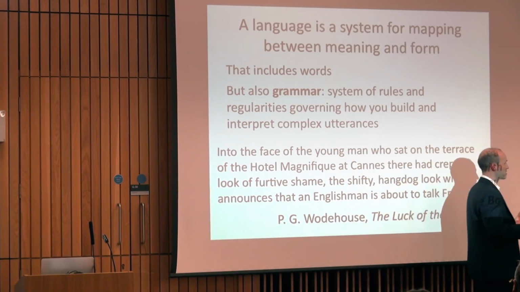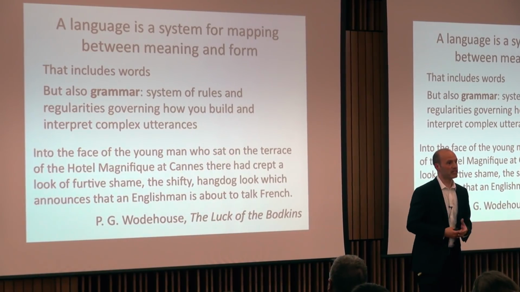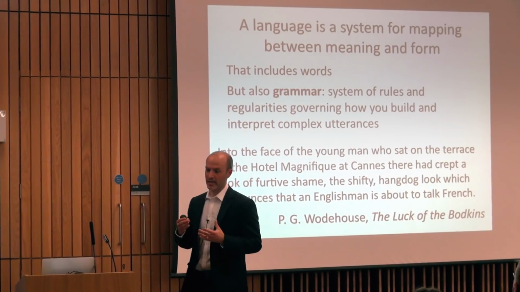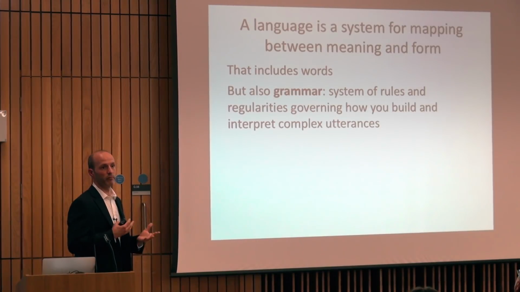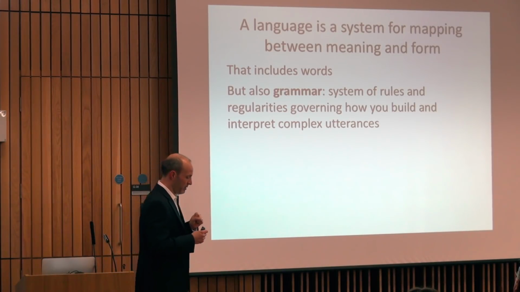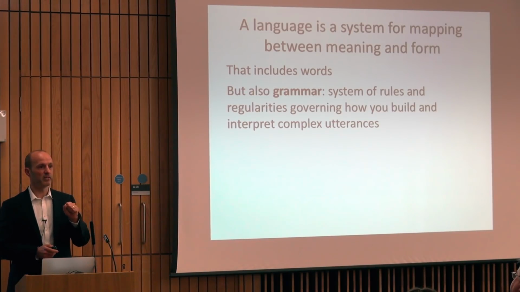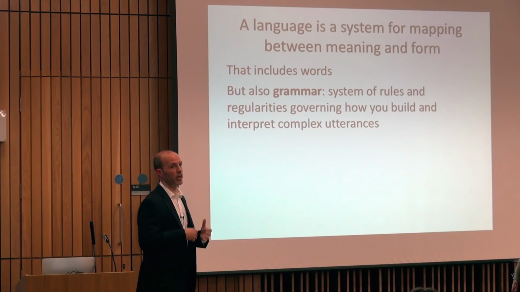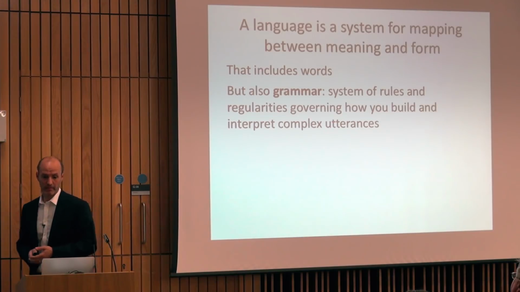Despite the fact you may never have seen that sentence before, you can quite easily construct the meaning that it conveys, because you understand the rules and regularities by which words in English can be combined in a meaningful way. Okay, so language is a system of rules and regularities governing how meaning and form map onto each other. Okay, so we need to understand how these kinds of regularities might evolve. How did language acquire this kind of rule-based structure? How did humans end up with a communication system which has these kinds of regularities embodied in it?